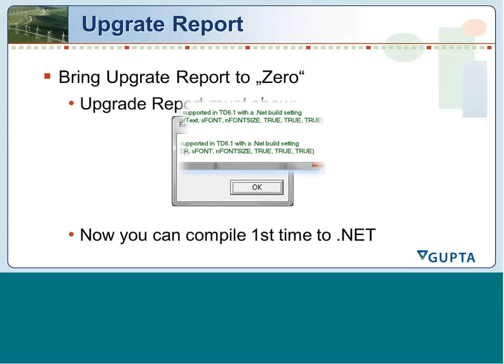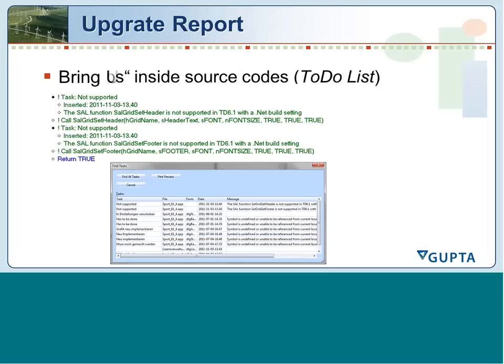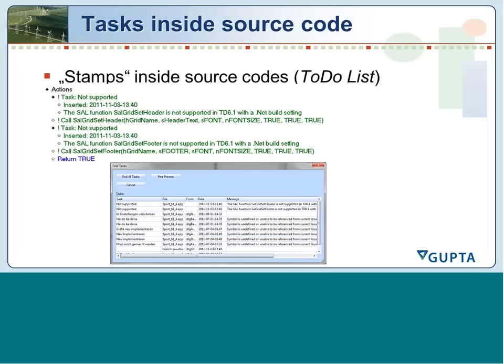This is a screenshot about the stamps inside your source code by using task. So if you find, for example, a special unsupported function, you can find them very easily inside your source code, and you can create with the right mouse click a task out of it. So you create a stamp inside your source code with a timestamp and a date value, and you can type